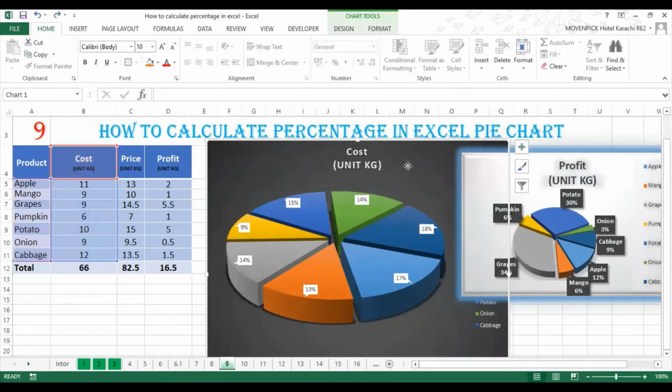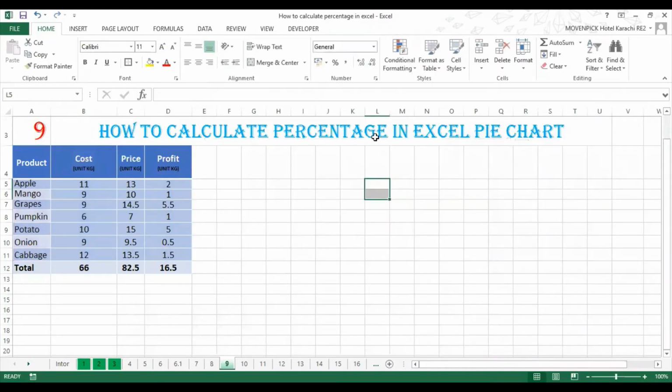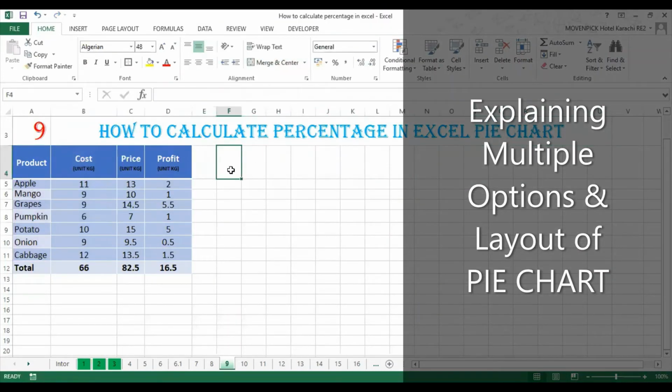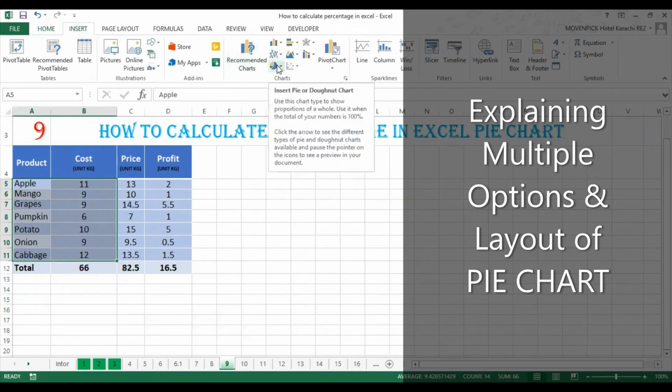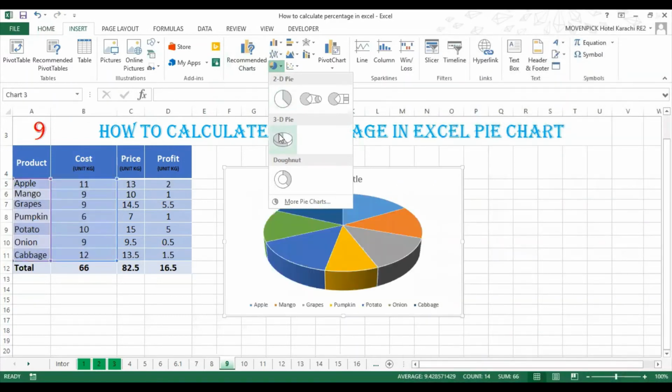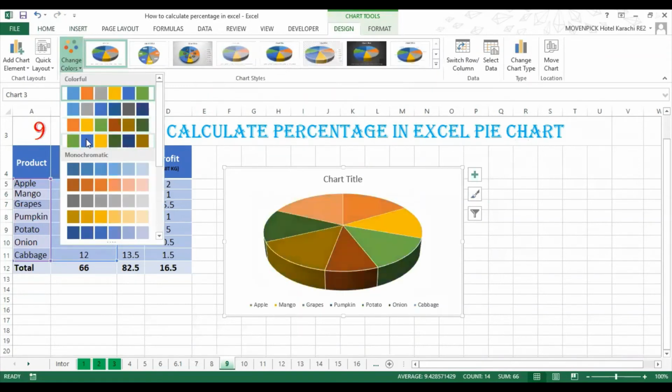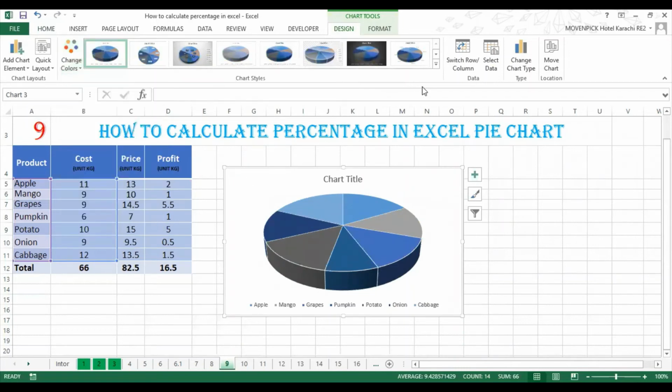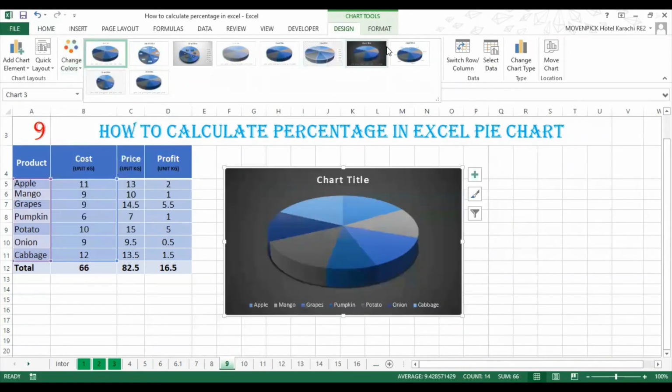The pie chart is very easy, but something important I want to tell you in this exercise as well. In this exercise, on how to calculate a pie chart in Excel, we will create the pie chart and then we will have the percentage on it. The main important thing is that we will not calculate the percentage on the Excel sheet. We will just get the numbers from the Excel sheet, and we will get the result on the pie chart in percentage format. This is a very useful trick to get the result in percentage on the pie chart without calculating percentage on your Excel sheet.